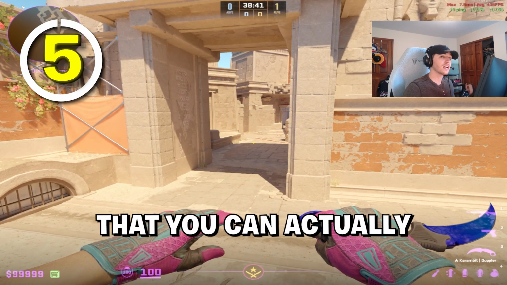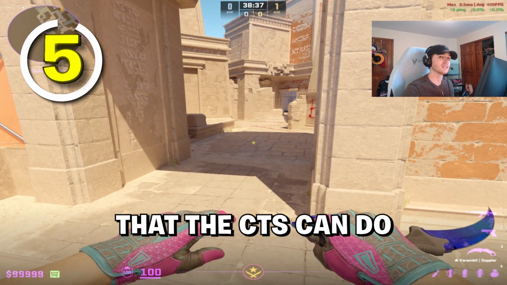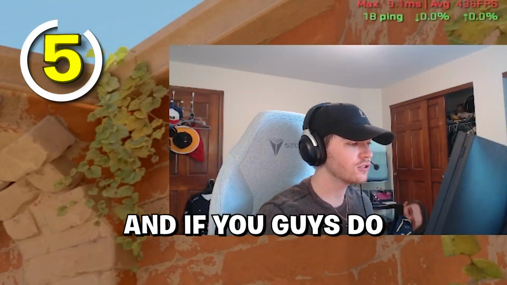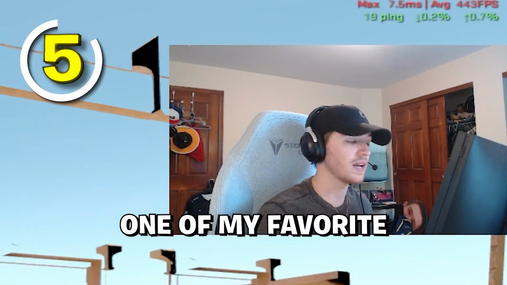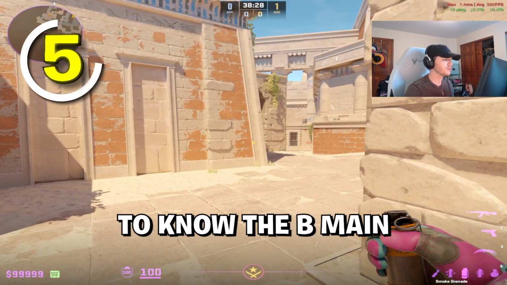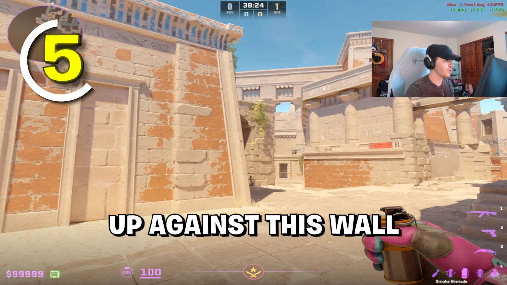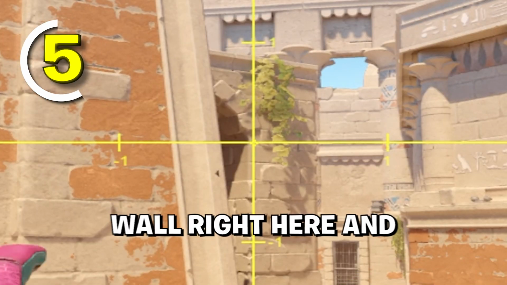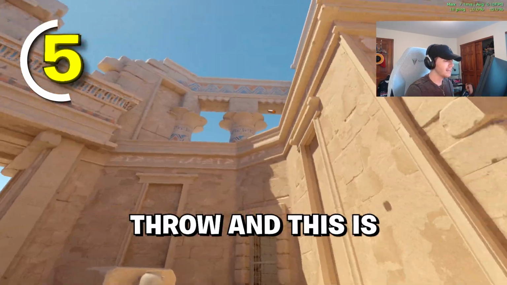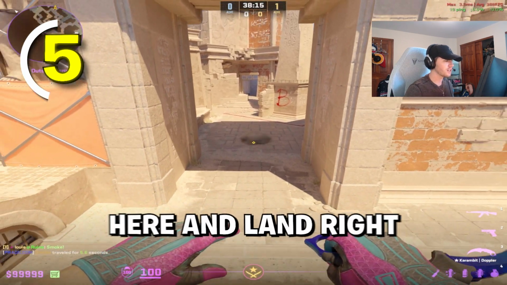So a cool thing that you can actually do at B main as a T side is pretty much do the same thing that the CTs can do that I just showed, and if you guys do watch my stream, you'll know this is one of my favorite plays to do on T side Anubis. Now in order to do this play, you need to know the B main lurk smoke from spawn, which is very simple. You just want to come up against this wall, you want to aim at this black dot on the wall right here and left click and jump throw, and this is going to create the B main lurk smoke. You're going to see it's going to bounce off the wall right here and land right in front of B main,